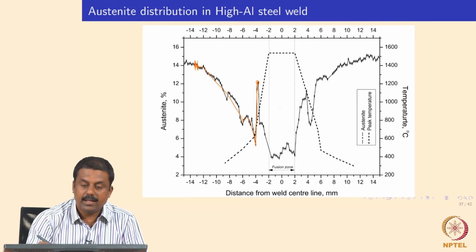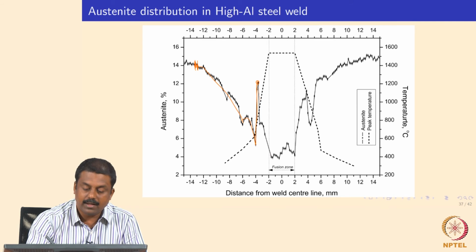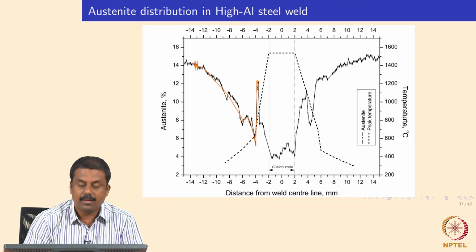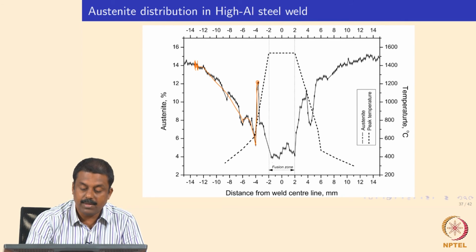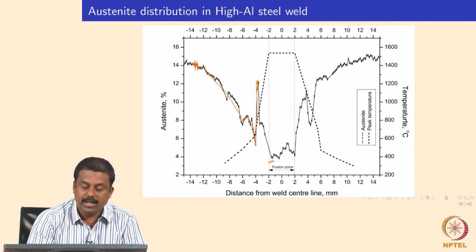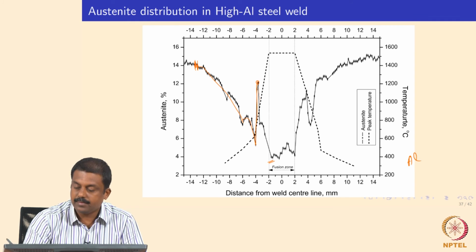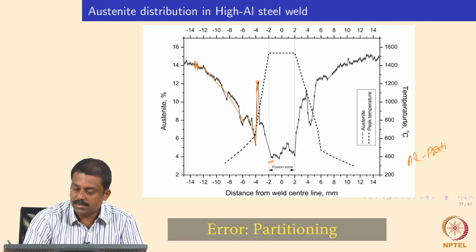In high silicon steel, we also saw the austenite fraction is increasing when you are moving to the fusion boundary, whereas aluminum steel does not show that effect, mainly because of delta ferrite formation. Okay. So, the formation of delta ferrite can establish some delta ferrite leading to a decrease in retained austenite fraction. Okay. And because you have delta ferrite stabilizing at this temperature because of the aluminum partitioning, which I already explained in my previous videos.